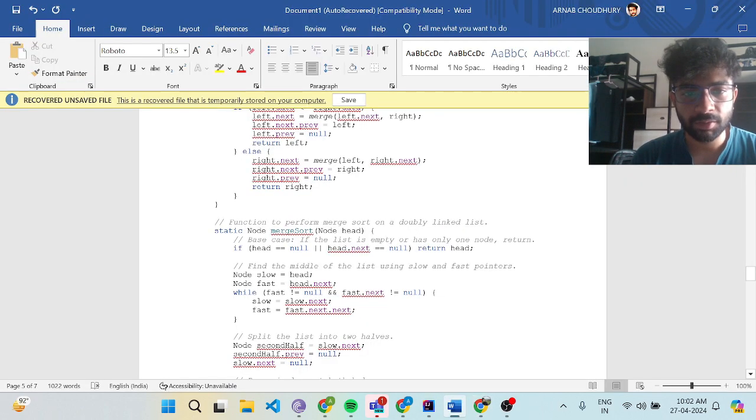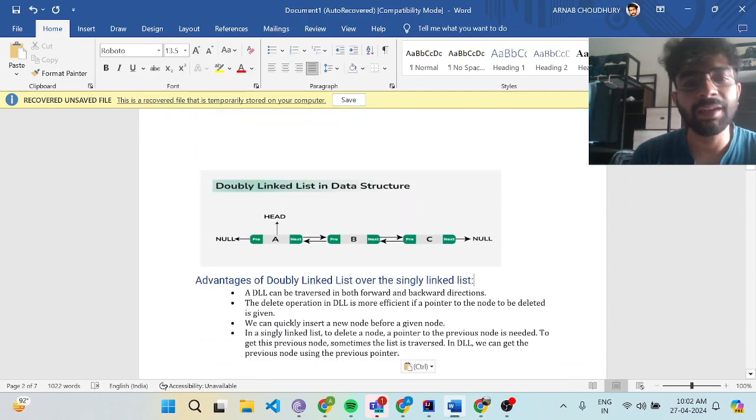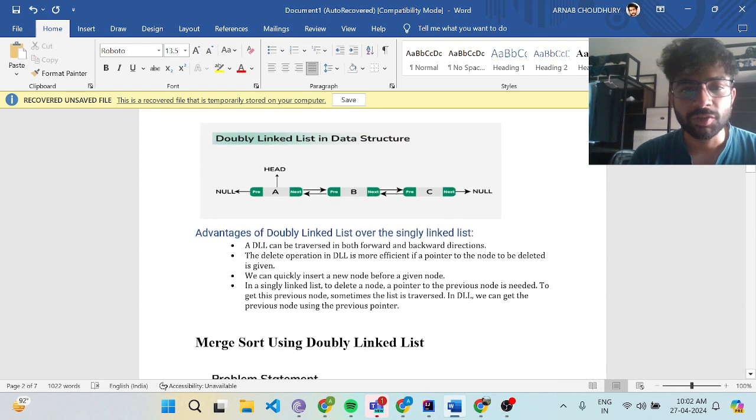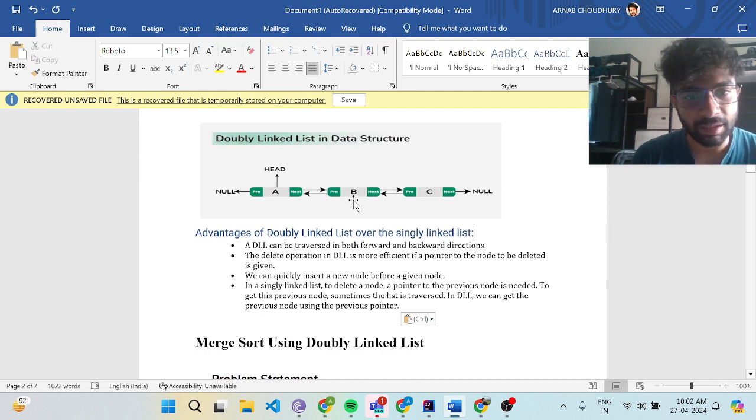So let's come to the question. First the question is: doubly linked list in a data structure. What do you know by data structure? A data structure is a structure which defines a set of algorithms, and those algorithms are used particularly in order to solve a particular problem. So if you see carefully, this is a doubly linked list, in which